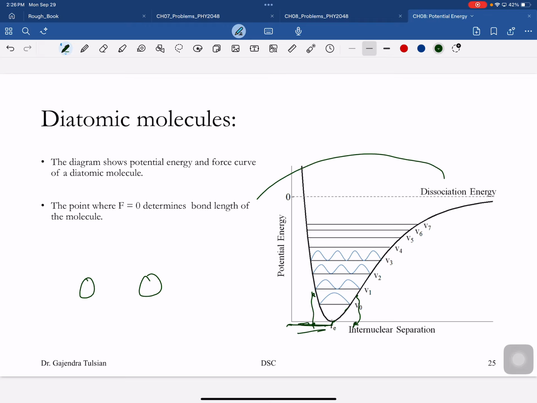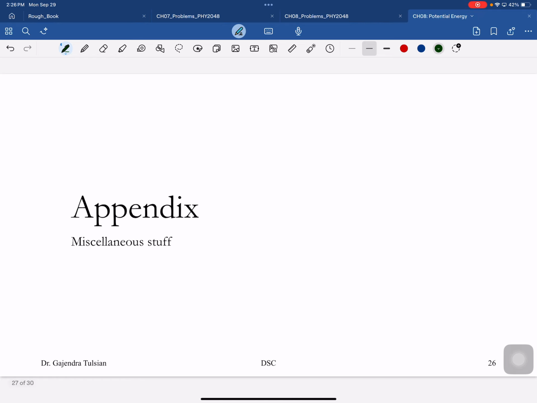So this curve has all the information. You can learn from this curve all the information you want about the system. Very important curve. All right, we will